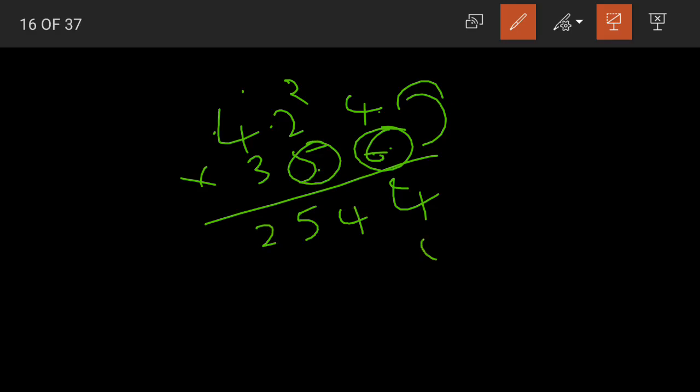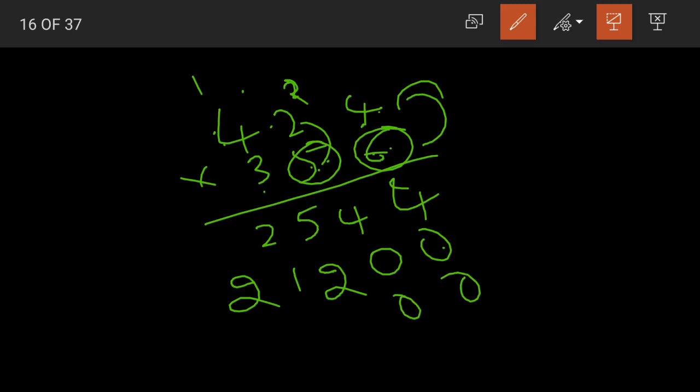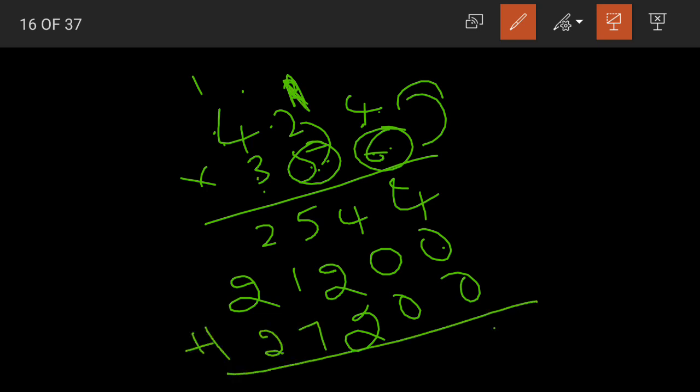Next multiplying with 5, placing 1 0 first. 5 4s are 20, 0 here, 2 carried, 5 2s are 10 plus 2 is 12, 5 4s are 20 plus 1 is 21. Then lastly multiplying with 3, 3 4s are 12, 2 here, 1 carried, 3 2s are 6 plus 1 is 7, 3 4s are 12. Adding these up, 4, 4, 9, 10, 5 and 1.